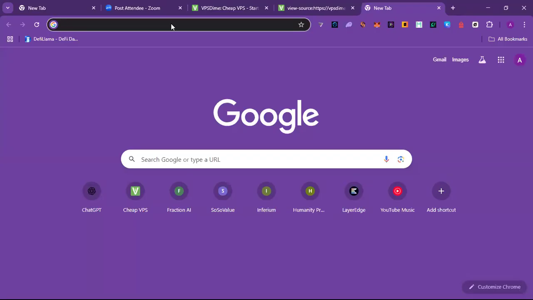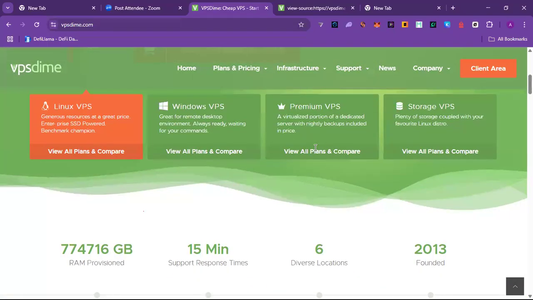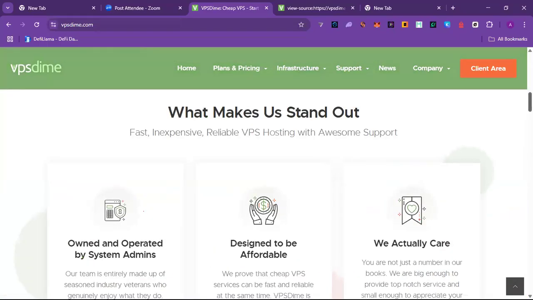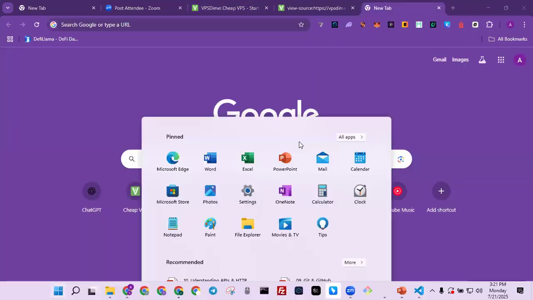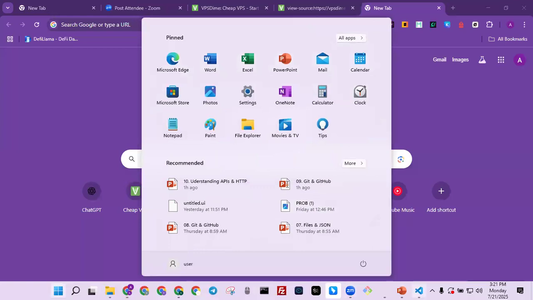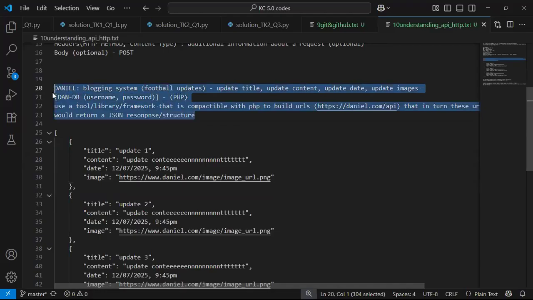In order for your browser to process a POST request, someone has to build a form like this, where you can type something and click on submit. By default, your browser does not come with that form. So you still need to do this programmatically. Your browser is not sufficient to help with this task. All right, so let's see how Mr. Daniel will go about using information from